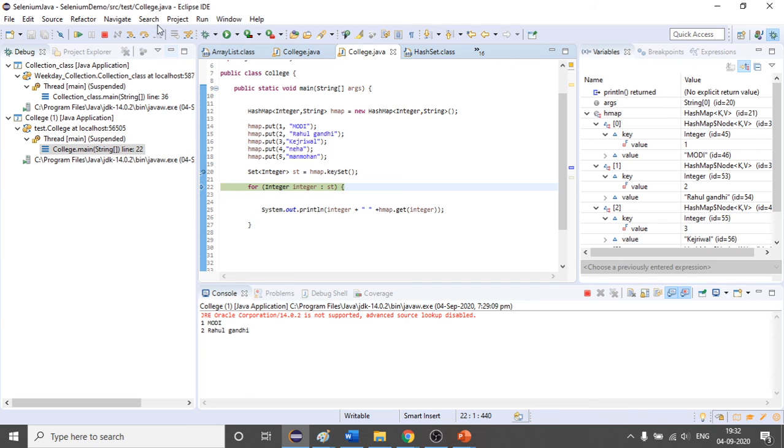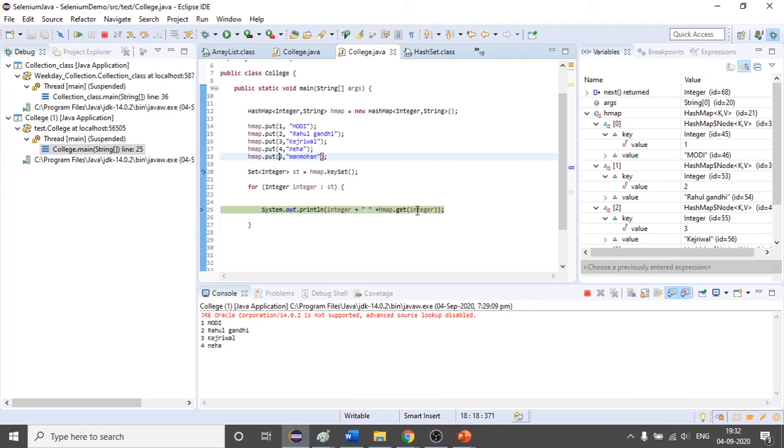Okay, so likewise after that integer will have 3, so the third value will be printed, 3 and Kejriwal. After that it will execute again, 4 and Neha, in the output. After that we will execute it for the last time, and integer will have 5.